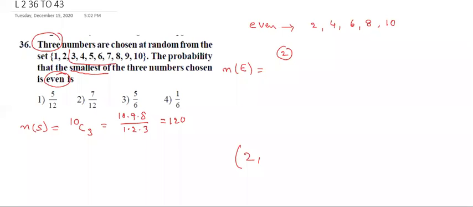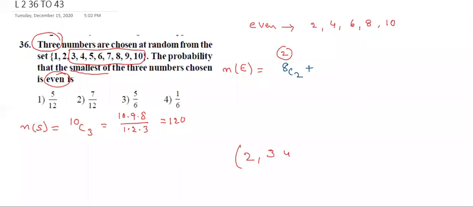Now observe how many numbers are there more than 2. There are 8 numbers. Out of 8 we can select 2. What are they? Anyone, no problem: 3, 4, 5, 6, 7, 8, 9, 10. But the smallest number is even. So out of 8 digits we can select any 2. This is the first case. Plus.